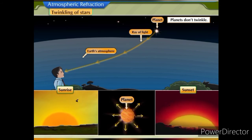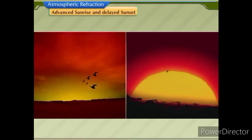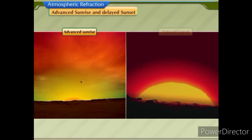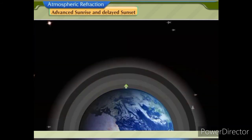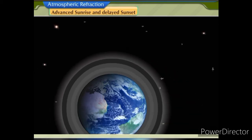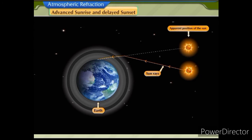Let us understand this. Advanced sunrise and delayed sunset. An interesting effect of atmospheric refraction is the phenomenon of advanced sunrise and delayed sunset. The atmosphere is rarer as we go up. The sun rays reaching Earth get deviated and the apparent position of the sun appears slightly higher than its actual